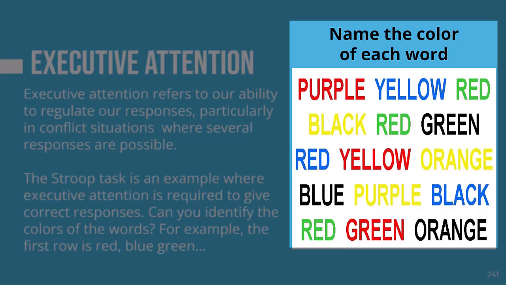In brain imaging studies conducted while a person takes the Stroop test, they have established that the frontal lobe of the brain is what is inhibiting the automatic response of reading the word and giving the wrong response. There are different ways to take the Stroop test online. I will leave a link to one Stroop test site in the description box below. Try it and see how you do.